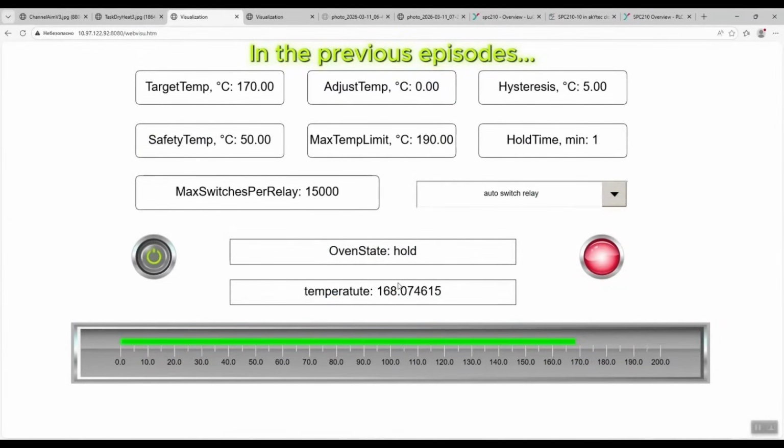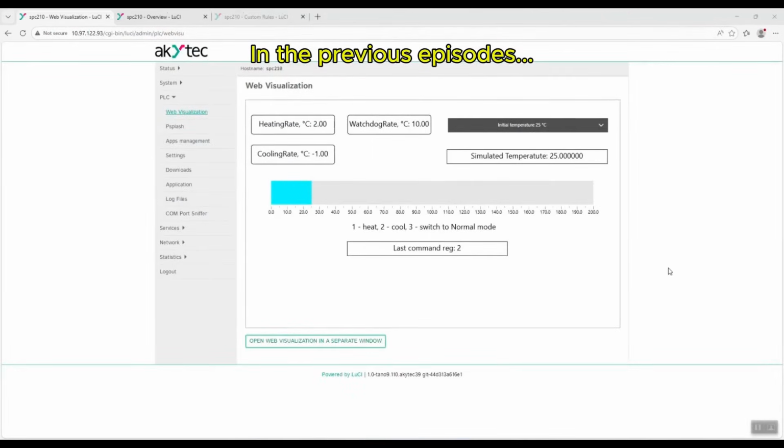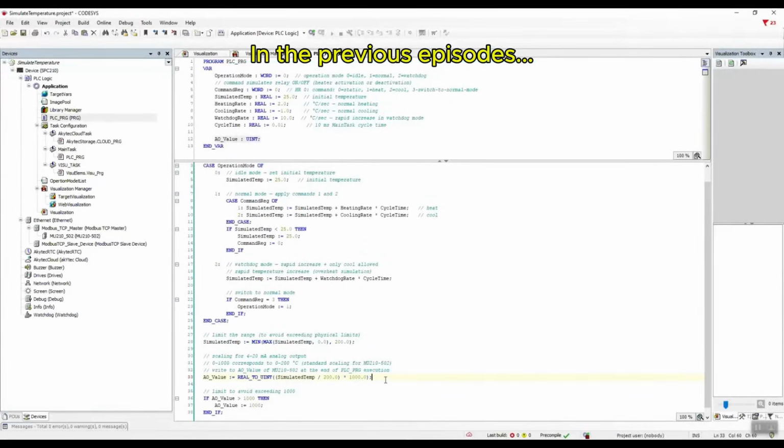Web visualization allows you to control the automated system using any device with a browser, including your smartphone. All the mentioned devices are connected to each other through a router that has internet access. Let's go over the emulator algorithm. With this signal, we can encode the temperature for our range from 0 to 200 degrees with an accuracy of